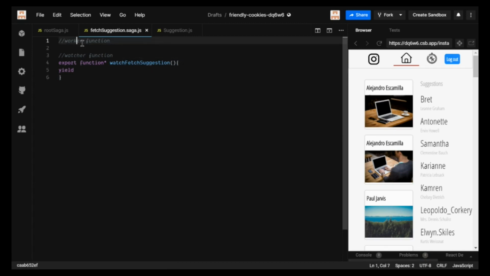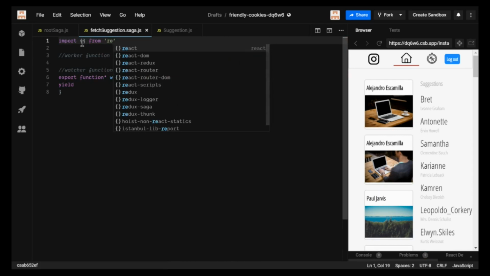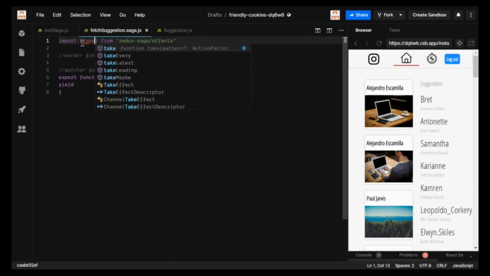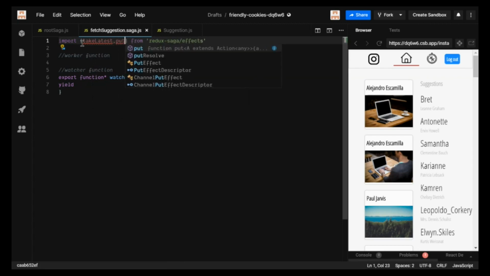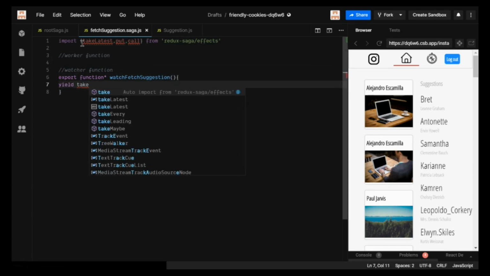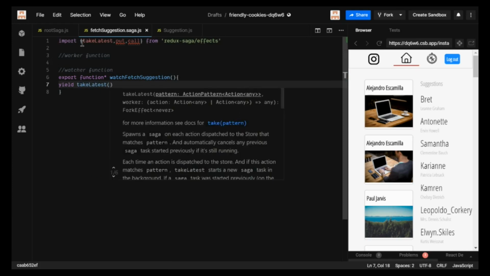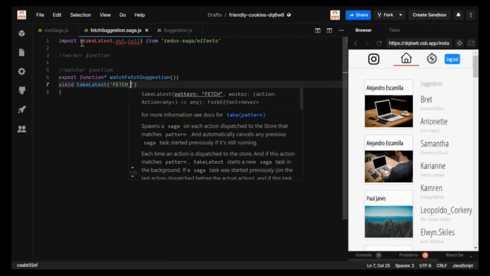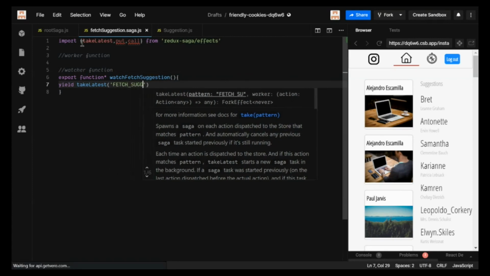Now here the effects that we got from our Redux Saga, there are three that we use, that is takeLatest and put and call. Now I have elaborated what it is, so I'm just going to go in brief. takeLatest watches for a pattern that you have dispatched. Now the pattern that we have dispatched is fetch suggestion